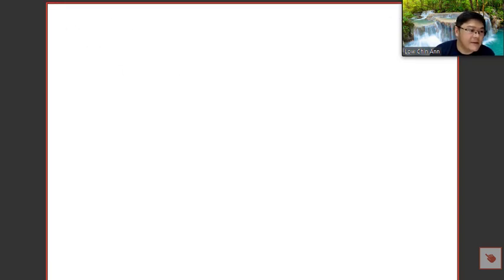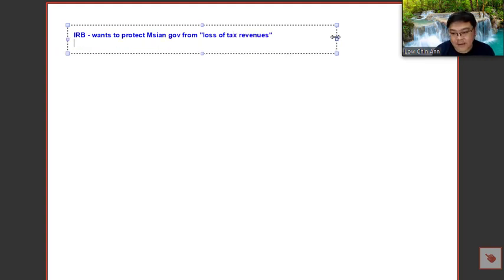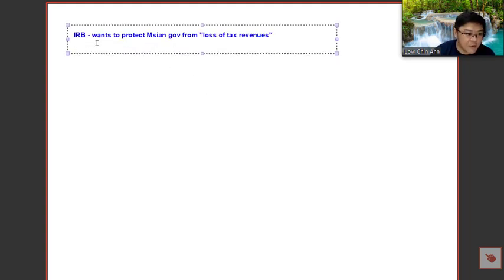And why? Let me give you the idea of why withholding tax is even in place. The reason we have withholding tax is because the government, the Inland Revenue Board, wants to protect the Malaysian government from loss of tax revenue. That was the whole idea. They want to protect the government from losing tax revenue. So what they do is this. Example, you must see, suppose